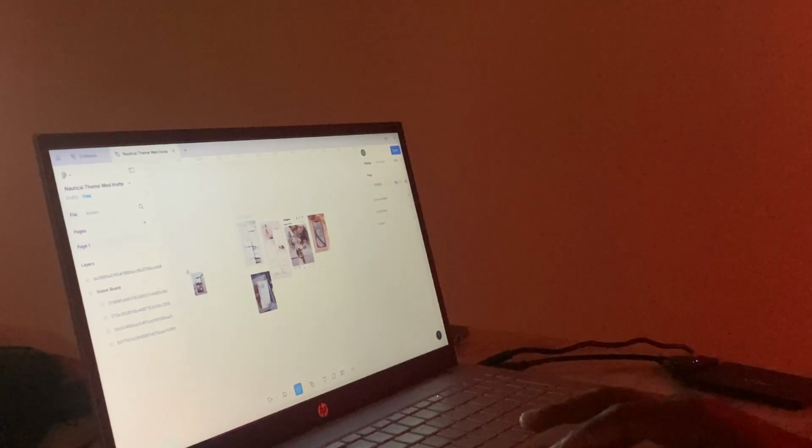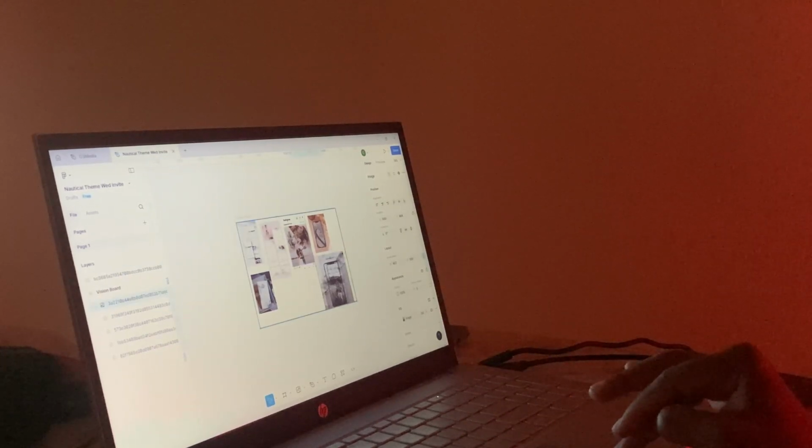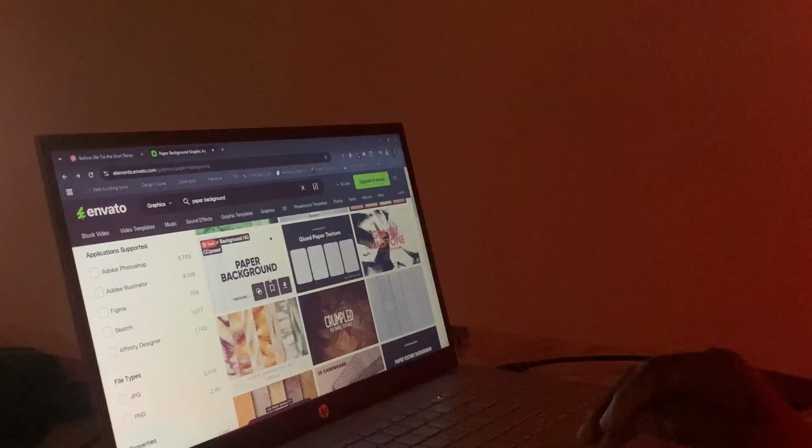Everything would normally be considered when I'm creating my vision board. And as I said, Pinterest is always my go-to when it comes to choosing things for my website.